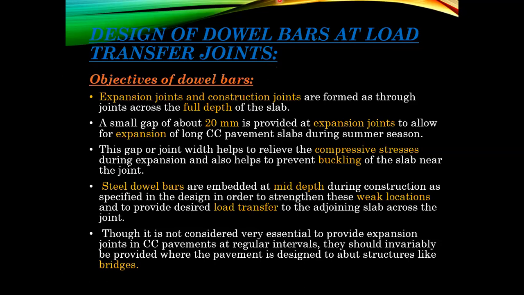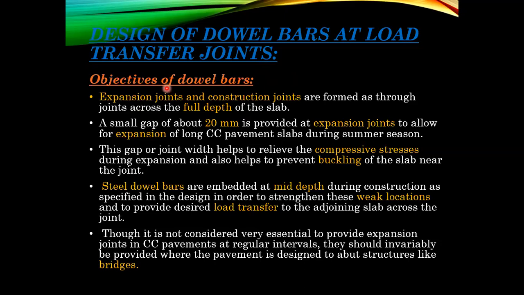Tell me, in which direction is this dowel bar provided? I have given one code, L and T, and another one is T. Yes, that is transverse joints. In the transverse direction, that is in the direction of vehicle movement, the dowel bars will be provided, isn't it? And what is the objective? These dowel bars will act as expansion joints, also construction joints.